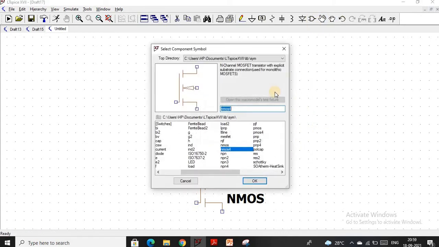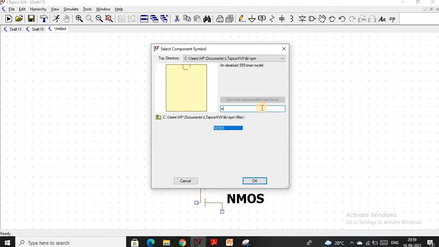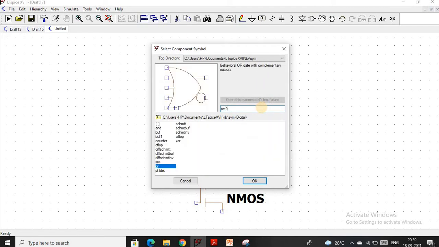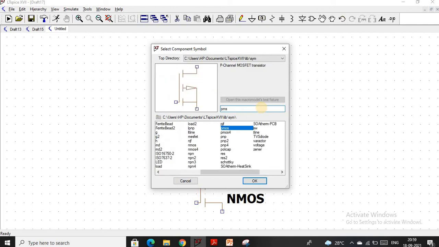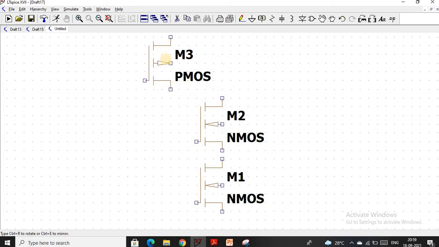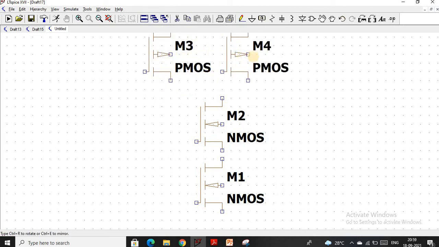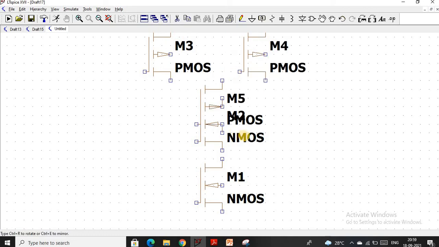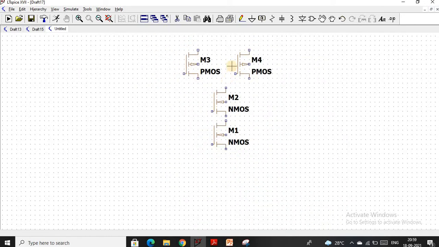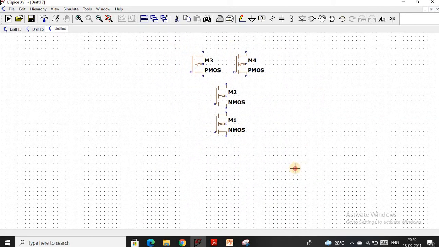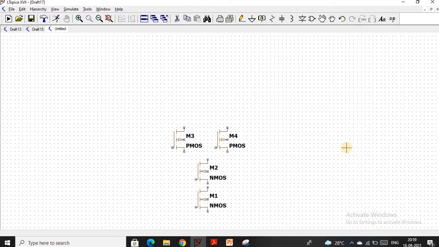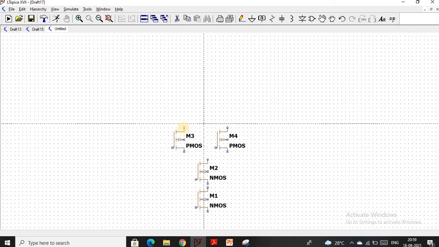Now write PMOS, and you know that the PMOS are attached in parallel. So I put it. Okay. Now connect them using wire.